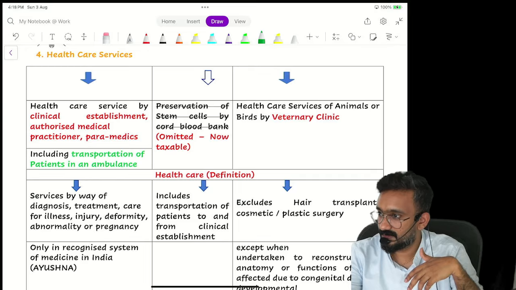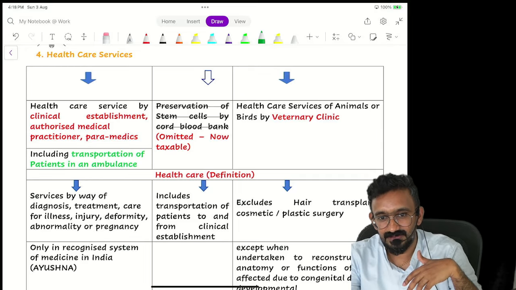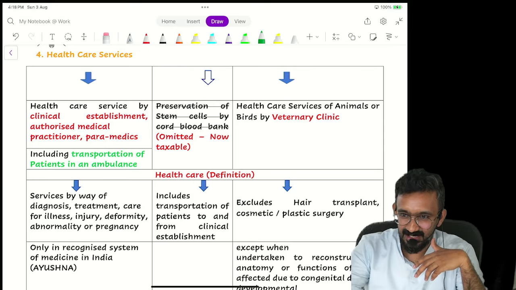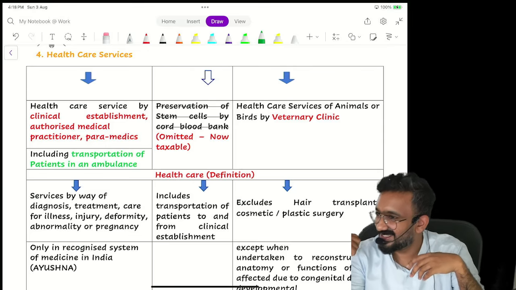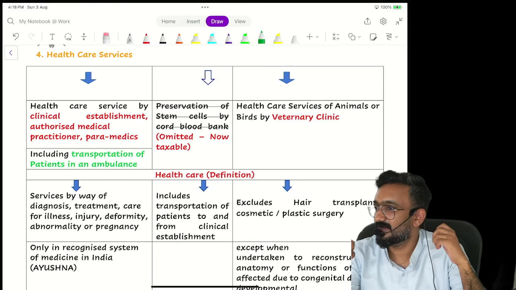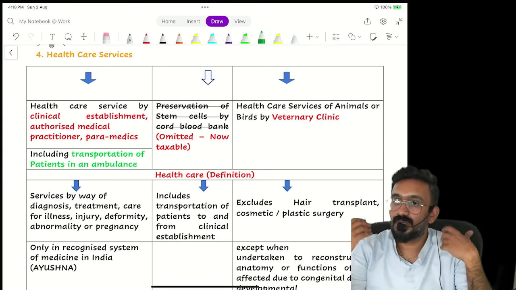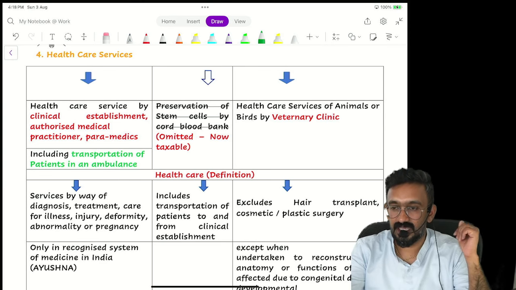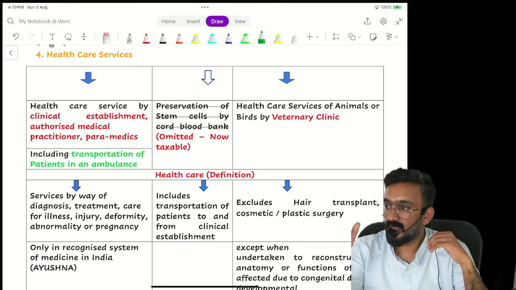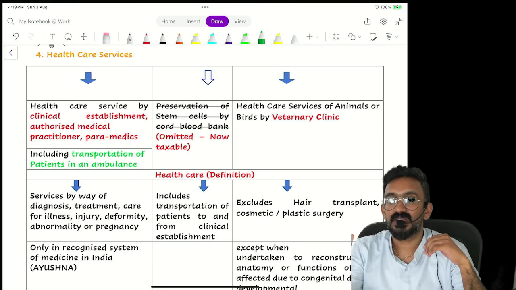Air ambulance. You remember? A couple of our politicians, when they were sick, were taken in air ambulance, Apollo Hospital. Right? Air ambulance. Would it be taxable or exempt? Exempt, because it's ambulance. Okay. Then, what do you mean by healthcare, and who has to provide it? How many people providing healthcare services would be exempt?